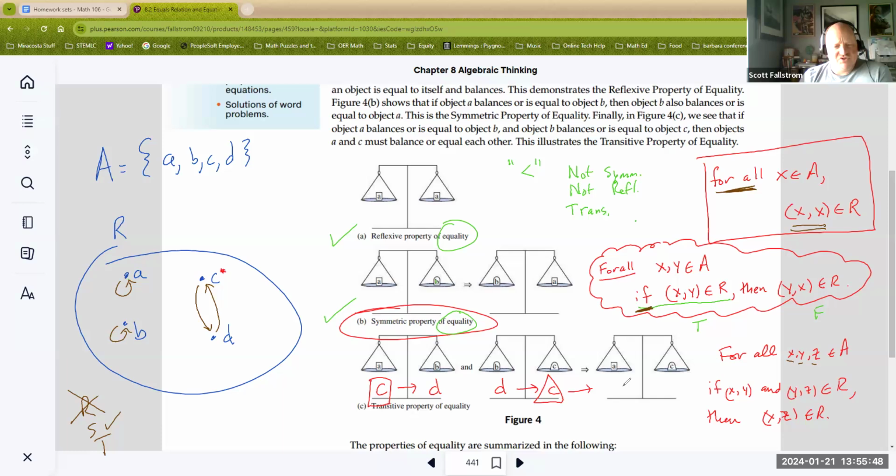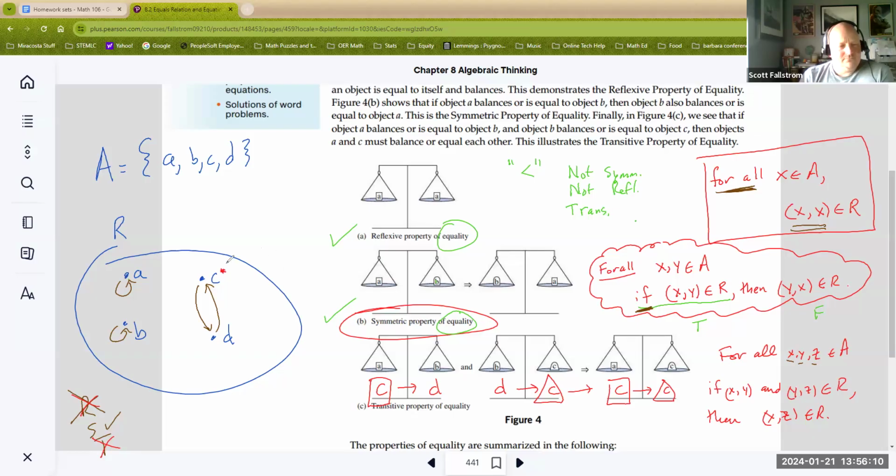This says your start has to go to your end. And C has to go to C, but it's not there. It's not there. So it is not transitive. So the picture that I've drawn here is a relationship that is symmetric, but it's not reflexive and it's not